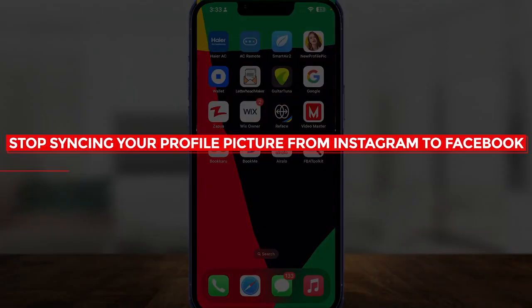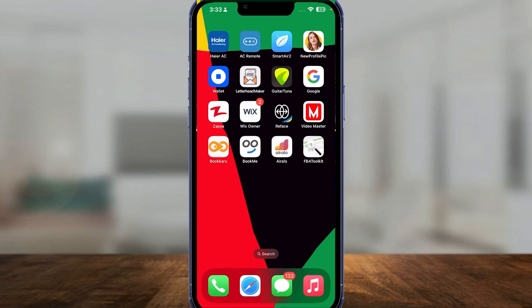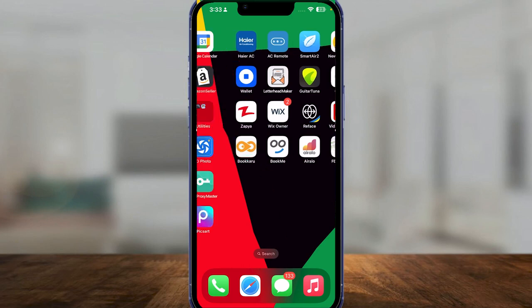How to stop syncing your profile picture from Instagram to Facebook. Hi everybody, in this video I will tell you how you can stop syncing your profile picture from Instagram